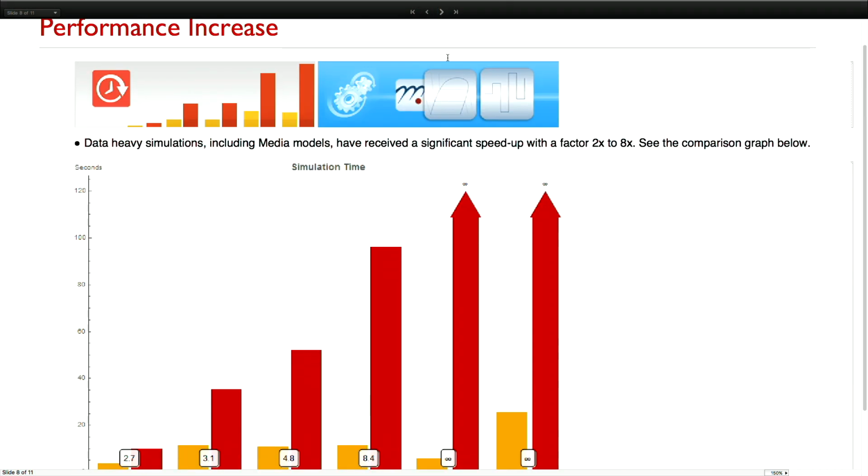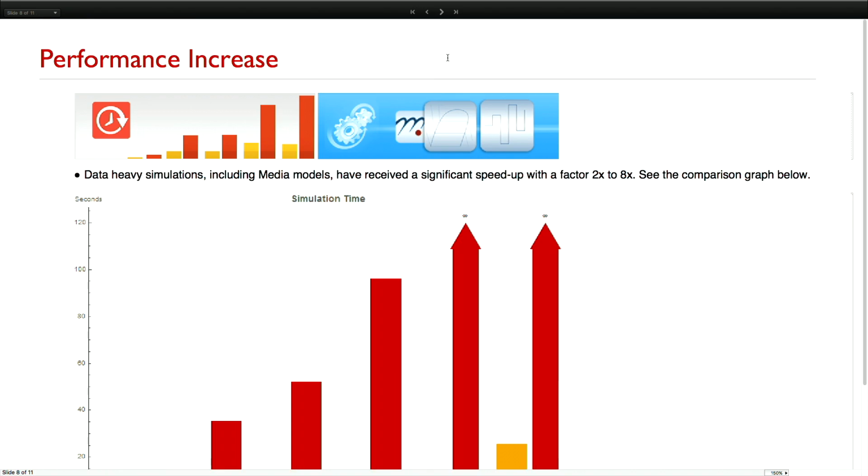So performance. As I said, we have increased performance, and that takes us back to the first thing we talked about, media models. Media models are typically quite demanding when it comes to computational power. So if we look at this